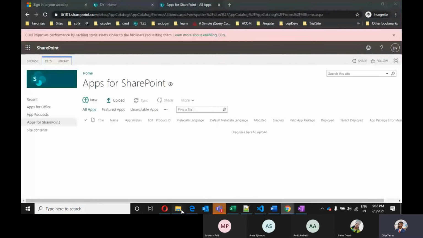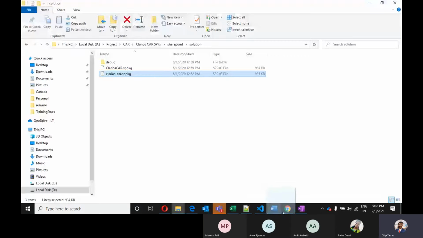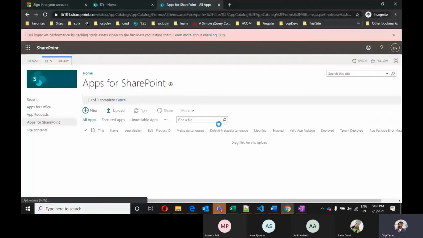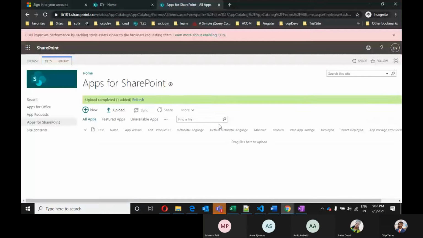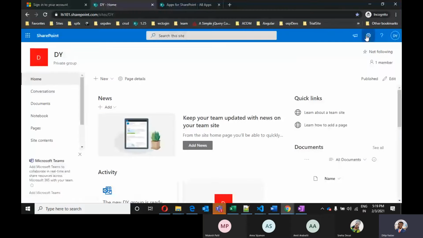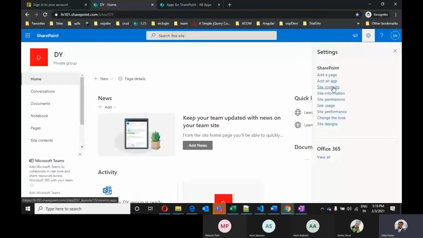You can simply drag and drop. Once we upload our sppkg file, we can see the app version every time you are deploying. You have to take care of this, and we have to increment this by one every time. I will explain later. Once we have uploaded this, we have to go to our site and get it on our site.